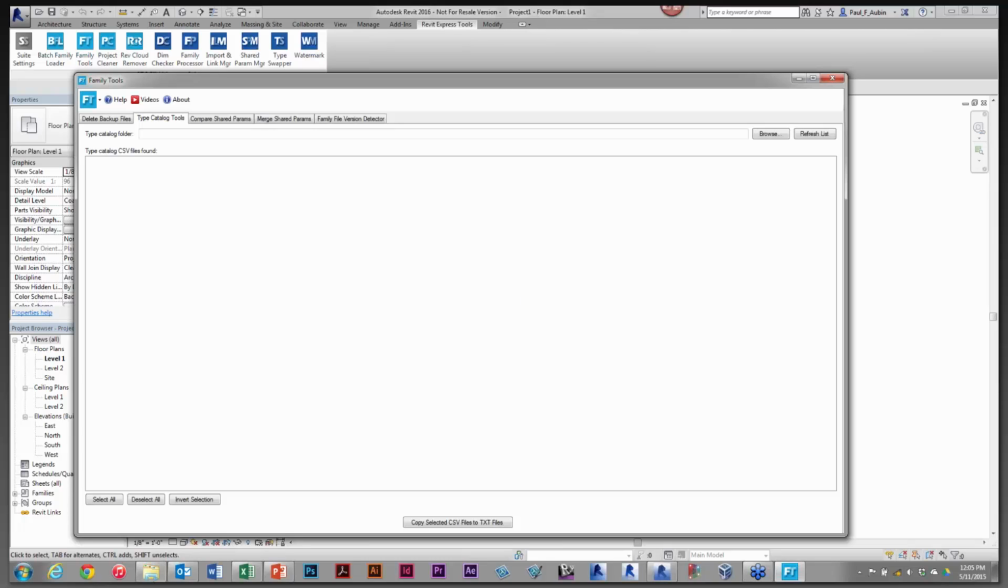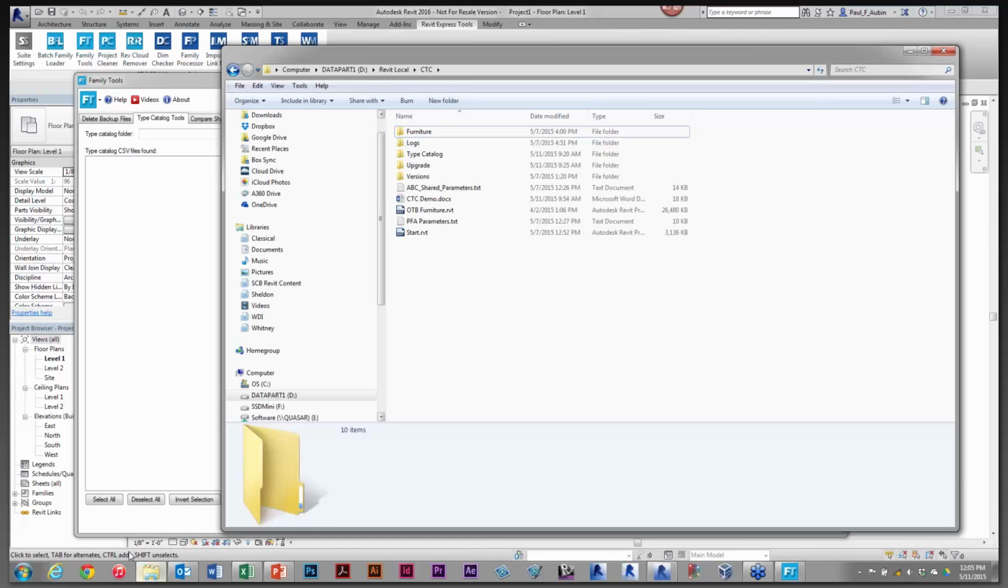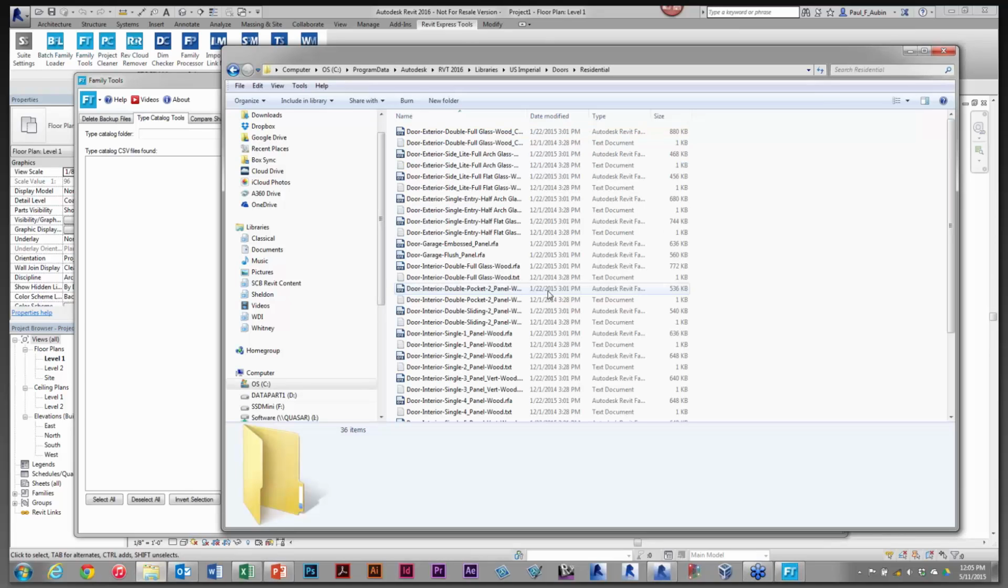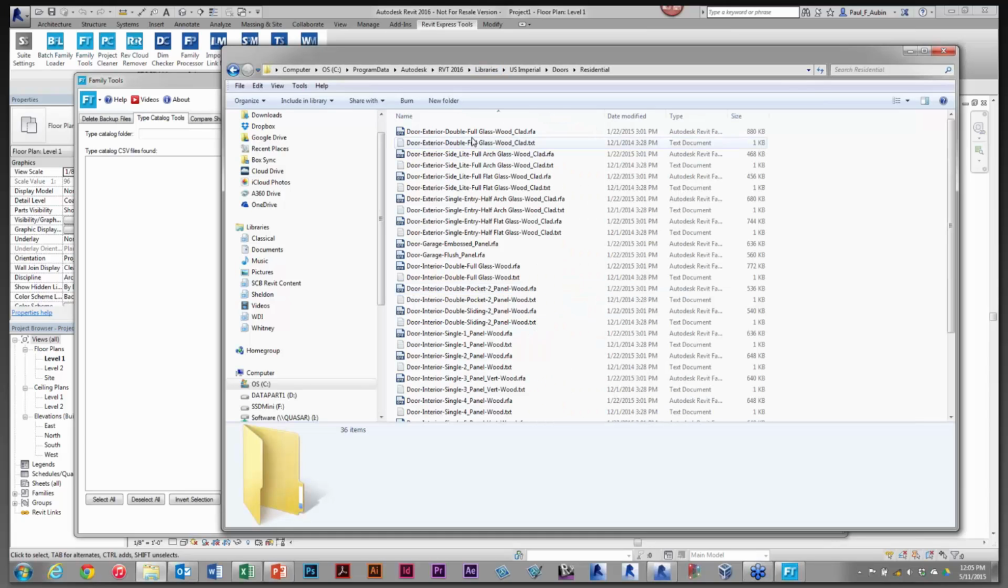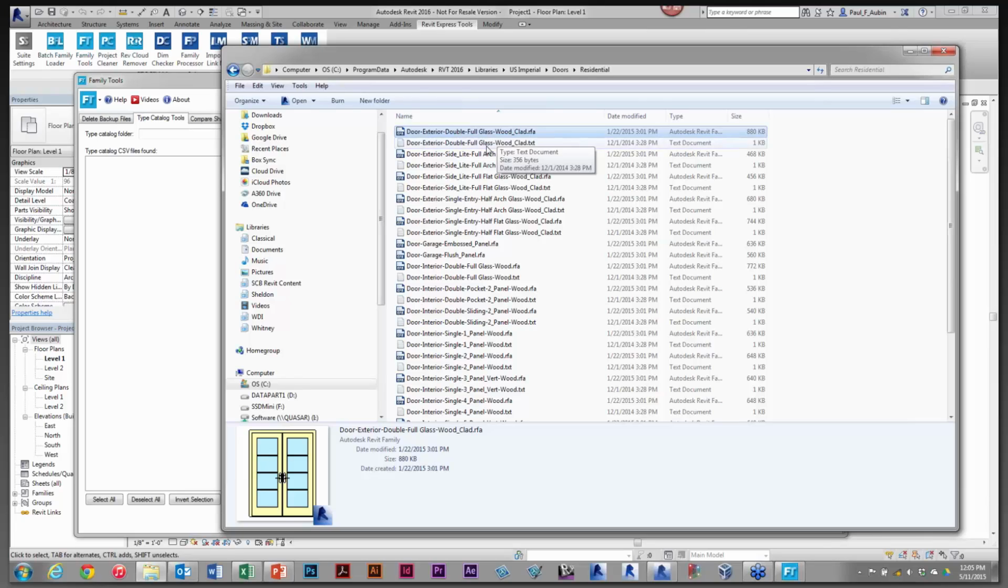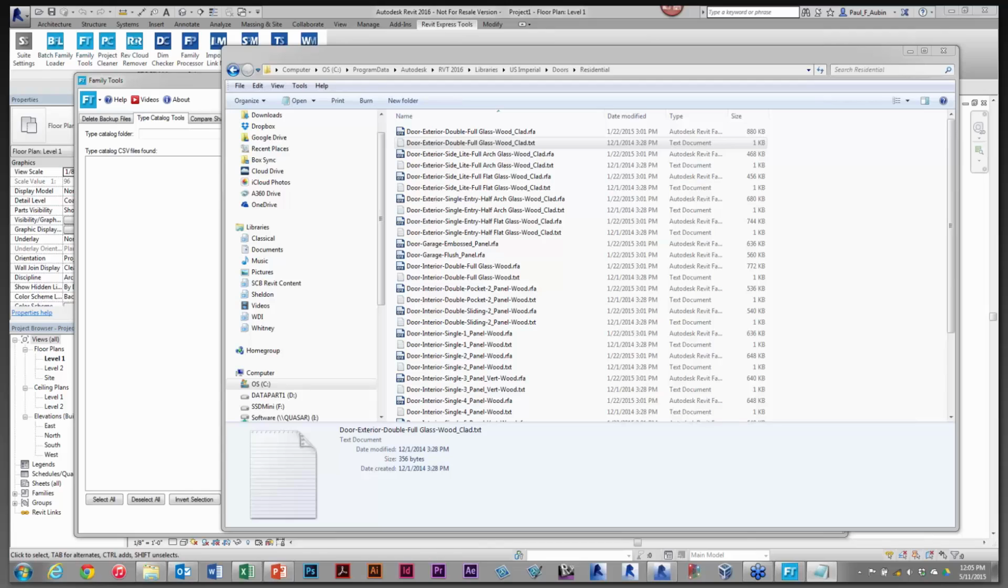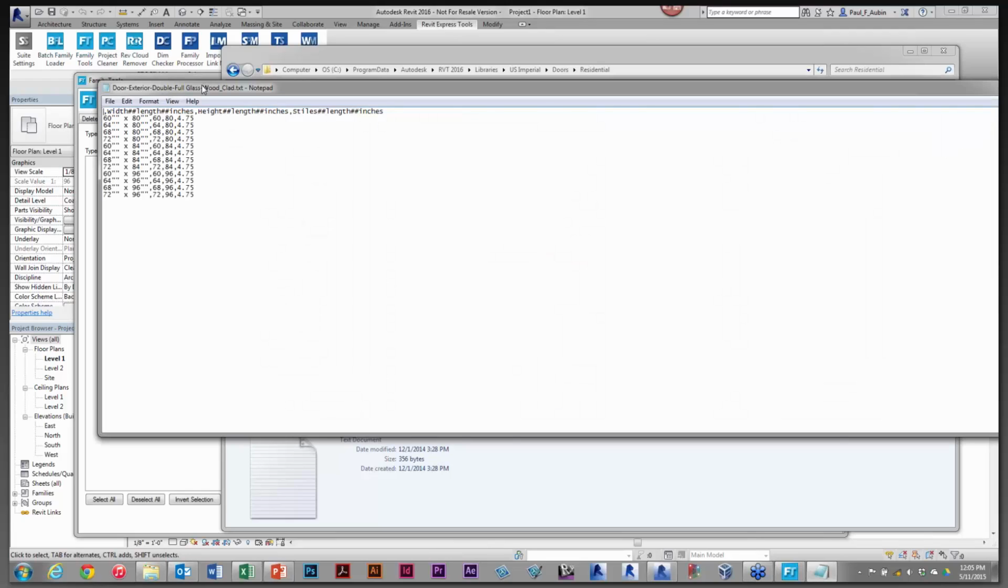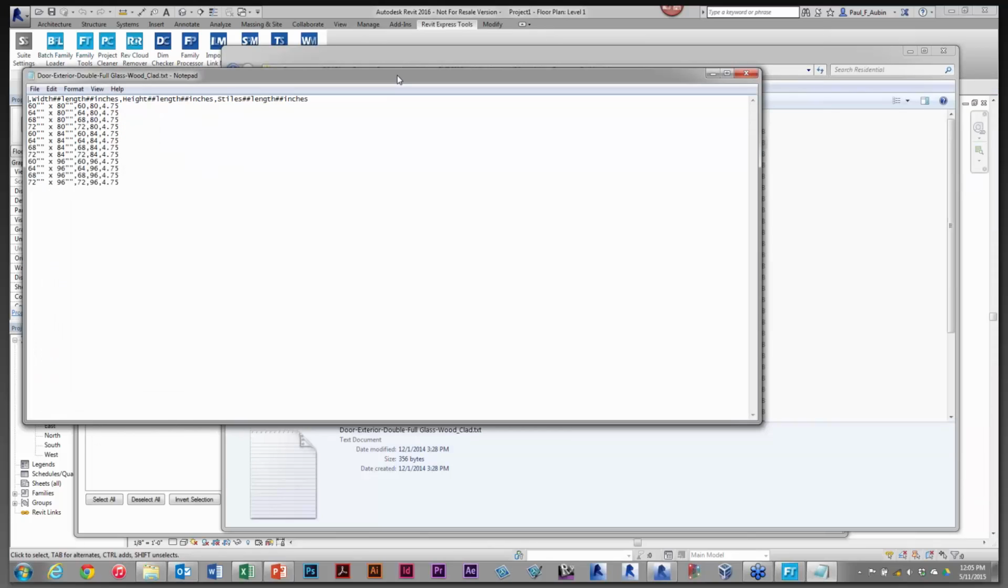And if I come over here to this folder right here, I've got a shortcut to the out-of-the-box residential doors folder, right? This is 2016, so I'm in the Libraries U.S. Imperial Doors Residential. And they're now shipping all the doors with a type catalog. Now, here's the family, and here's the type catalog, right? And if you open it up, sorry, there it is, and let's just make that a little narrower. Okay, so if we open it up, you can see these are the types that are available for that family,